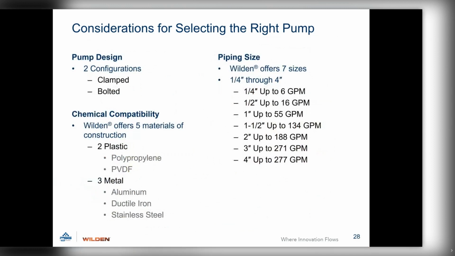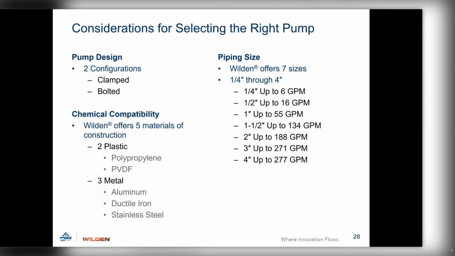So our pump designs, we know we have two configurations, clamped or bolted. And as far as chemical compatibility, that's what's going to dictate which material we use. So currently we offer 5 different materials for our material offering, right? 2 in plastic, polypropylene being the entry level, PVDF being our higher grade plastic for more aggressive chemicals. Right? And then in metal, we have our entry-level metal being aluminum,